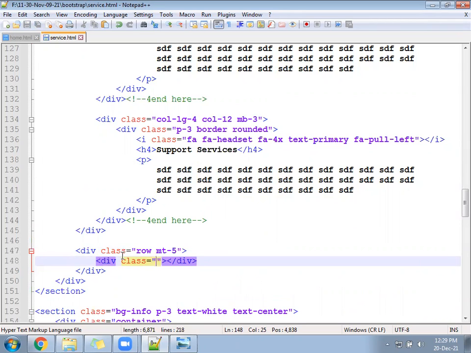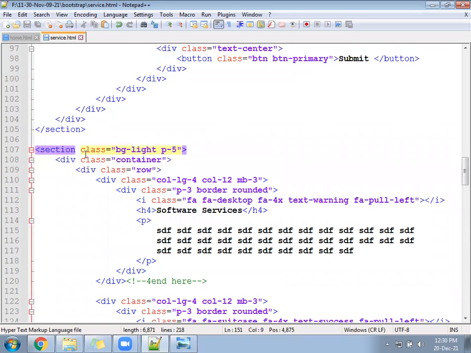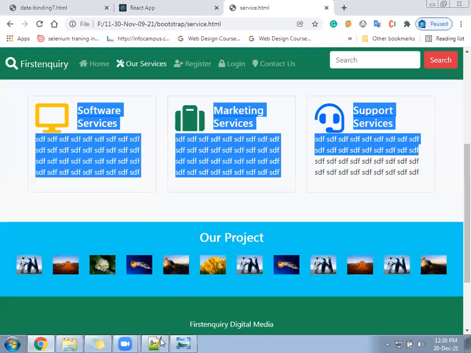Sorry, which section should I copy from the previous page and where should it be pasted, sir? Sorry, I missed that. This is not copy. It's an already existing file, the service file. You have the service file. So I just need to start from div, is it, on this file now? Which div? Section. This one, where you're doing the row, class row, MD5. No, which class, where you will write. I told you, go to the section where you have written the bg-light. Okay. This block, find out this block.